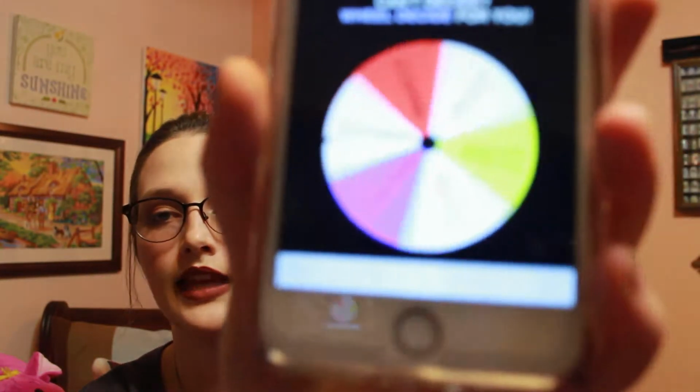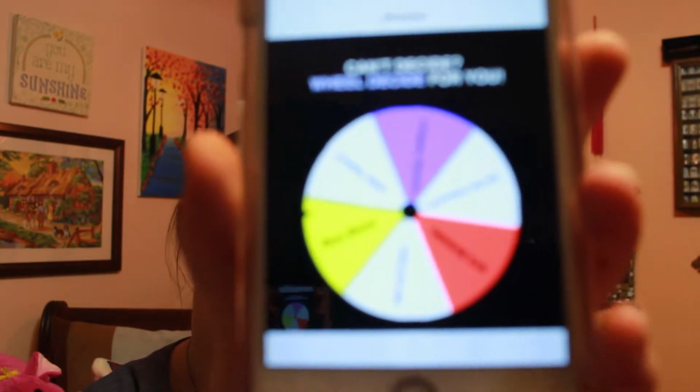Now for the whale. I accidentally hit it. Okay, it's not focusing. Let me see. Bonbons, the Too Faced Chocolate Bonbons palette. And then next we have